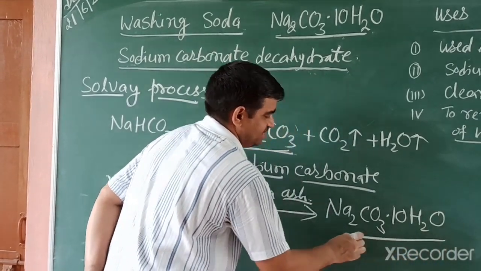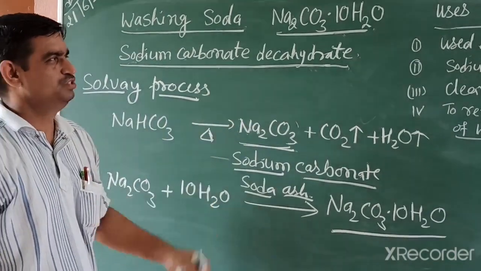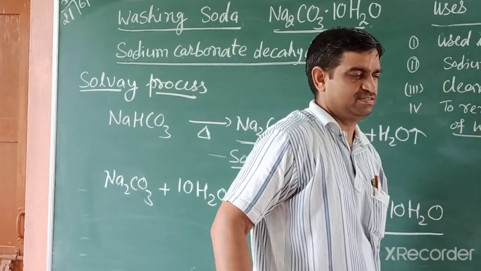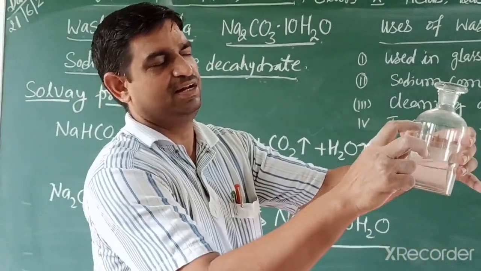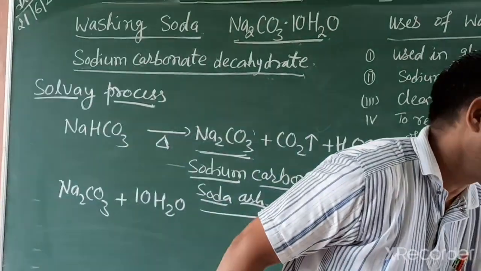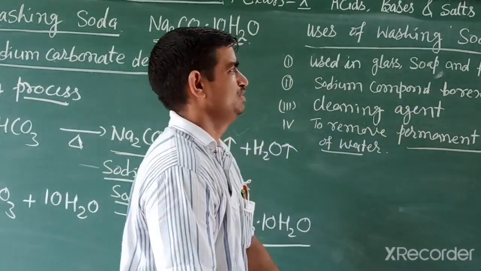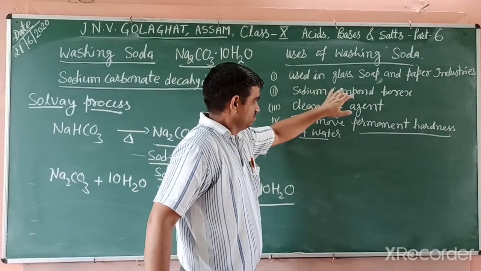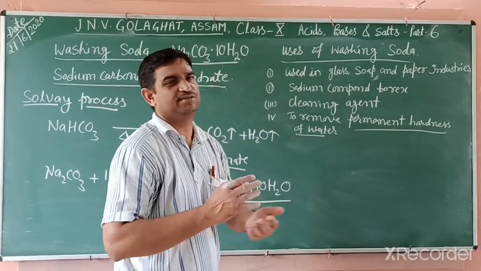This water is water of hydration, and it is very useful, and it is used in different chemicals. It is used for making glass, like this reagent bottle, which is a soda glass. This glass is made by this compound, sodium carbonate. For making glass, we use this chemical. It is used in soap, detergents, and the paper industry also. It is used for making the sodium compound borax, which is used for making different types of glass.